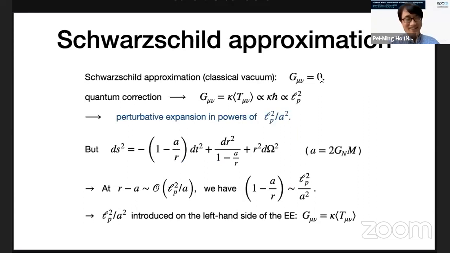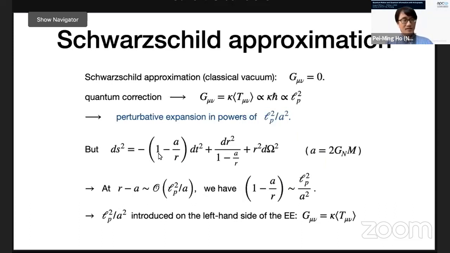Actually, it's right in this slide. So we assume that we can start with this perturbative expansion at the zeroth order from the classical solution. And then you have quantum correction proportional to h bar. With the Newton constant, you can rewrite it as Planck length squared. So you can think of the expansion in h bar as an expansion in powers of Planck length over Schwarzschild radius squared. So that is the expansion parameter. Certainly for a reasonable size black hole, this number is extremely small.